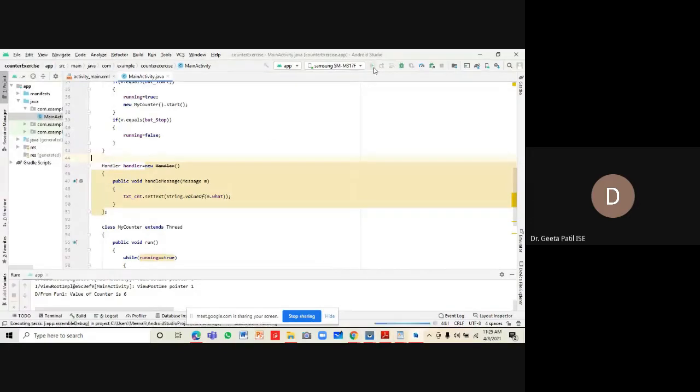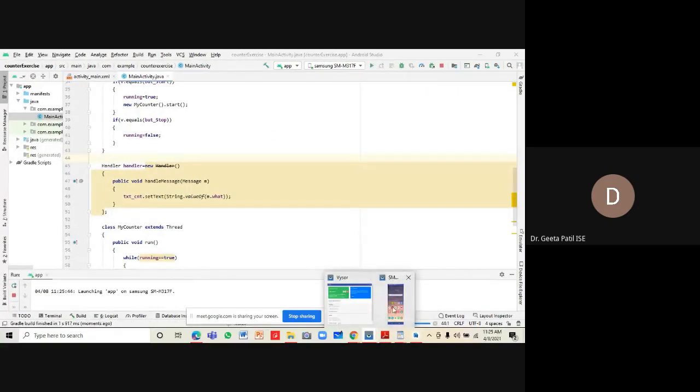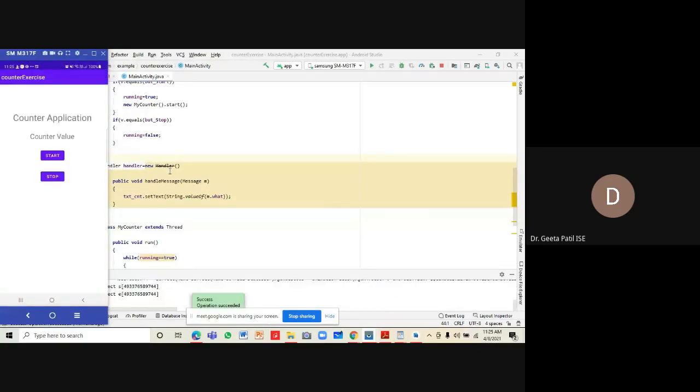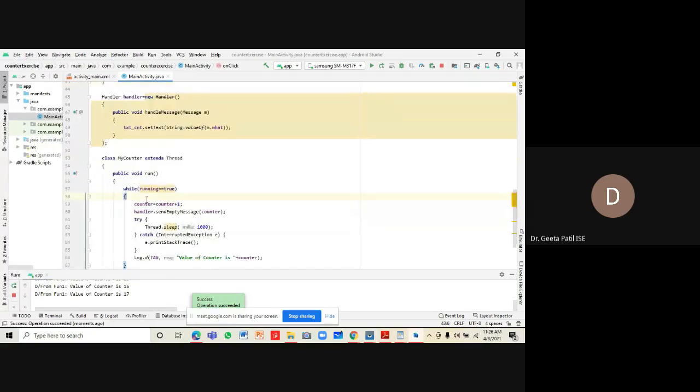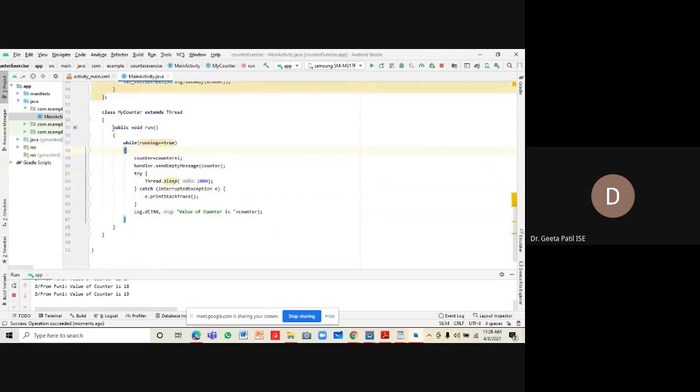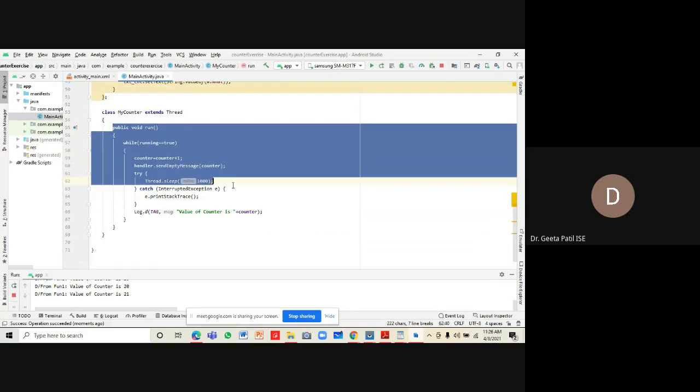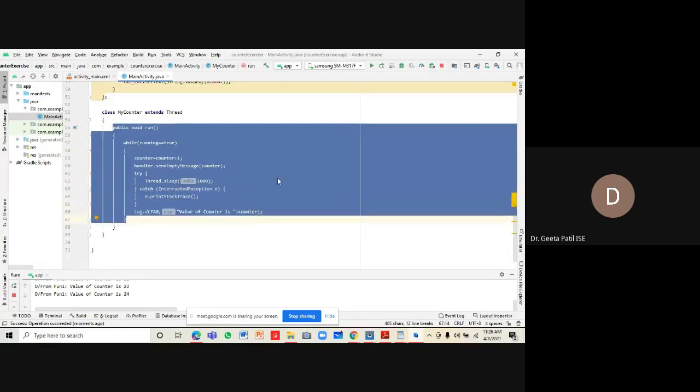Let us launch it once. The application got launched. I click on the start button. When I click on the start button, the onClick function calls my counter dot start. A new thread is created, and the code gets executed.